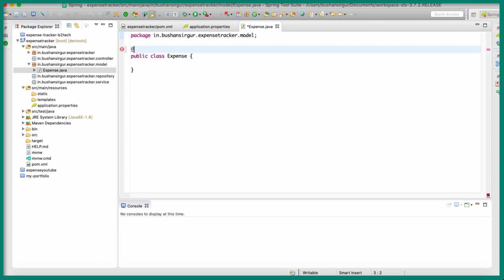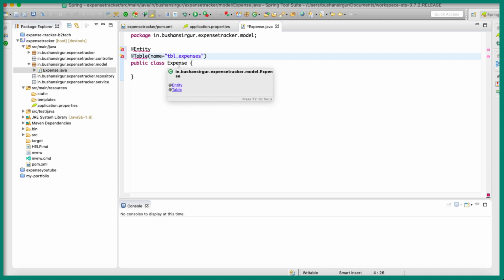The first annotation is @Entity, and the second is @Table, because I'm going to give my table name as a different one. Name is equal to TBL_expenses. If you want to keep the table name as expense, then you don't need to specify this @Table annotation. Since I'm using a different name, that's why I have used the @Table annotation.